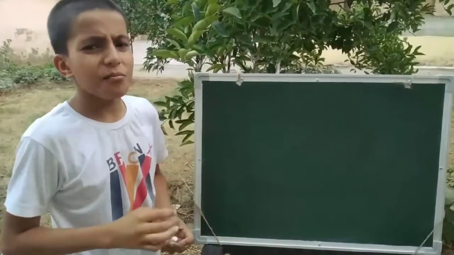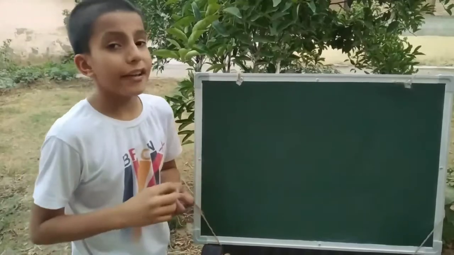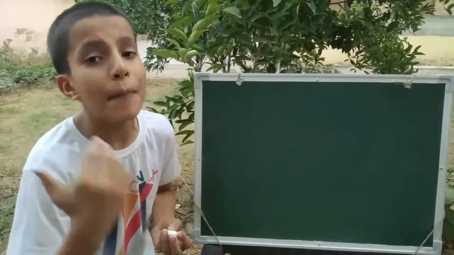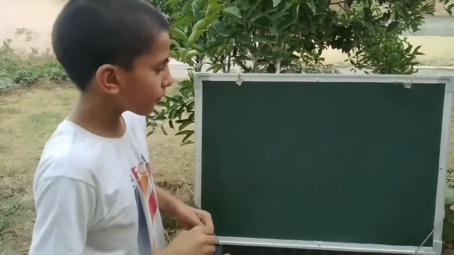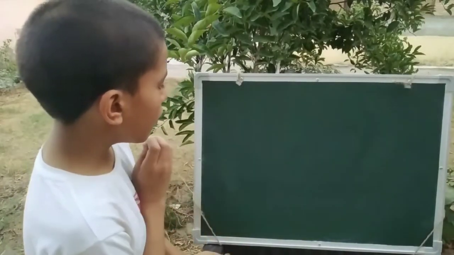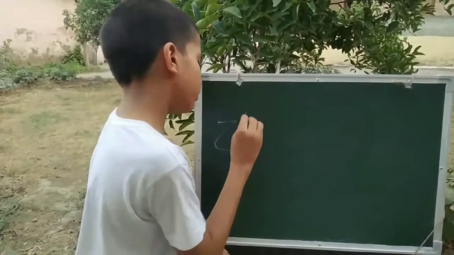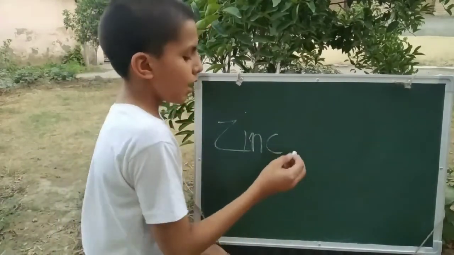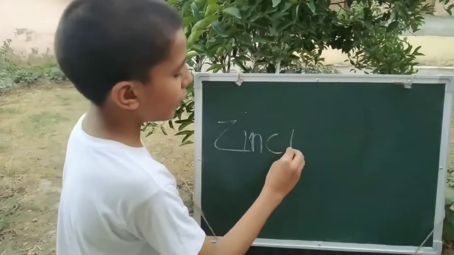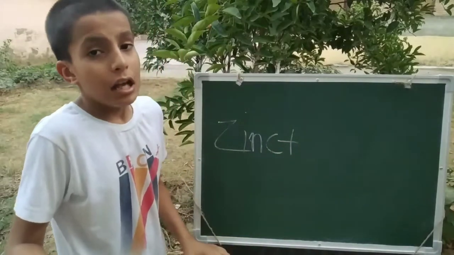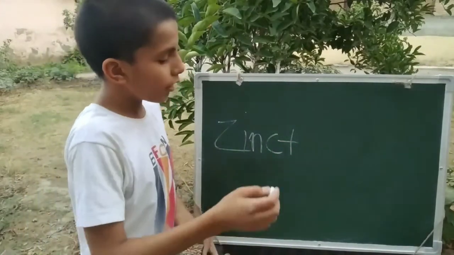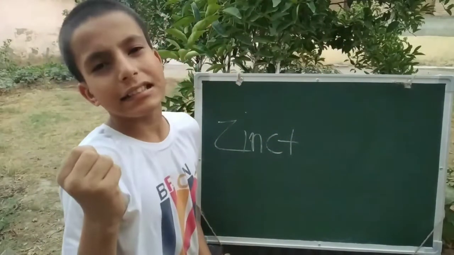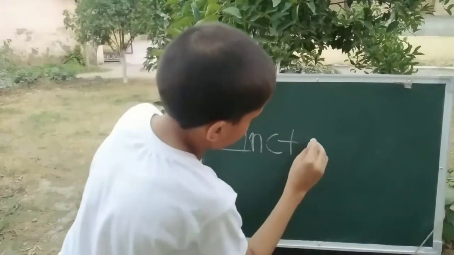Let's understand some chemical reactions of the acid with the metals. If we have zinc, which is a metal, we know that. And if we add any acid, citric acid,